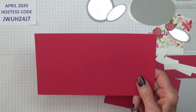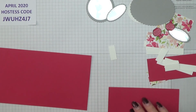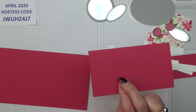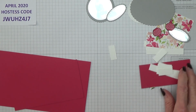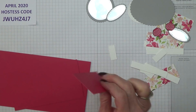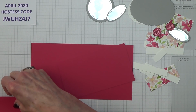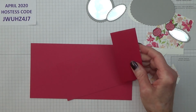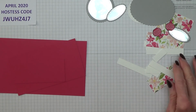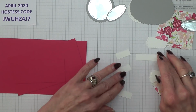This is Lovely Lipstick, and this measures 8 inches by 4 1/4 inches. Another piece of Lovely Lipstick which measures 5.5 inches by 3 inches. Another piece of Lovely Lipstick which measures 4 inches by 1 3/4 inches. I thought that's never going to be the right size, but yes it is. And then you need 6 drawer fronts,